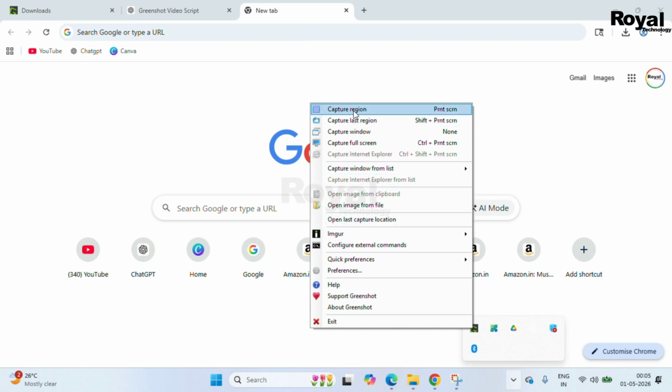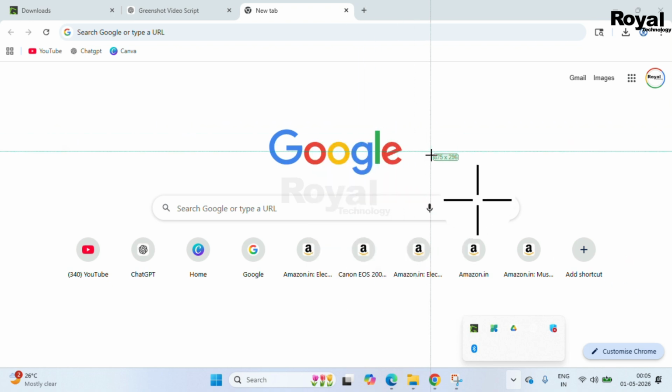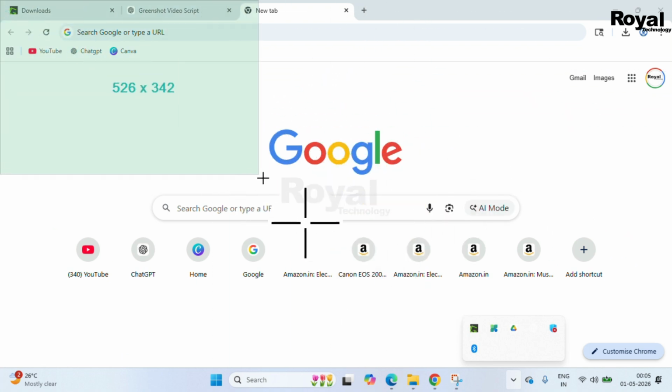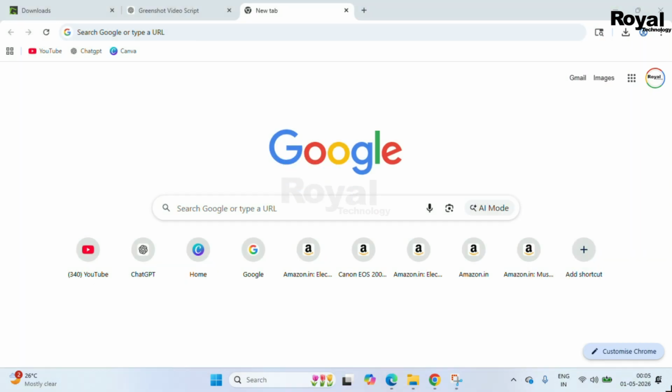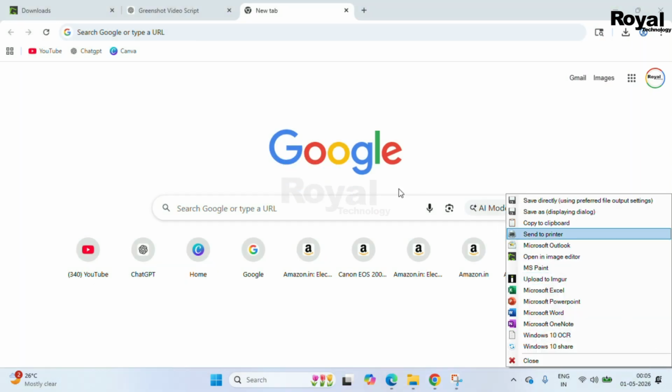The most important option is the first one. If you click on it, it will start working, and you select the area you want to capture. Once it is selected, this option will pop up.